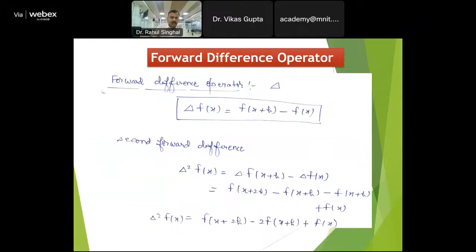Okay. So forward difference operator is nothing but del fx is equal to fx plus h minus fx. If you want to take the second forward difference operator, it will be del square fx. Then again you have to take,